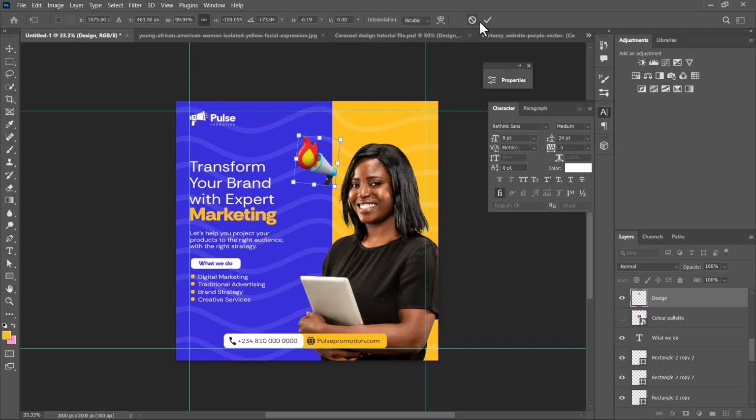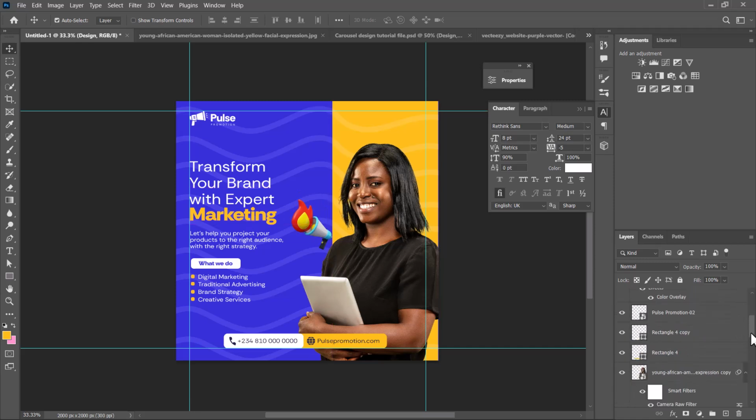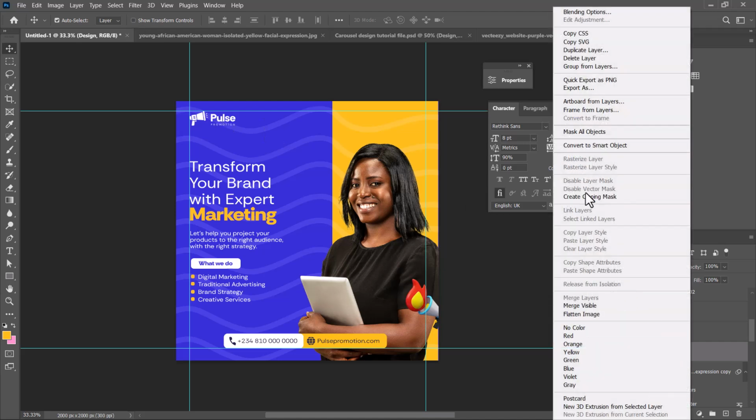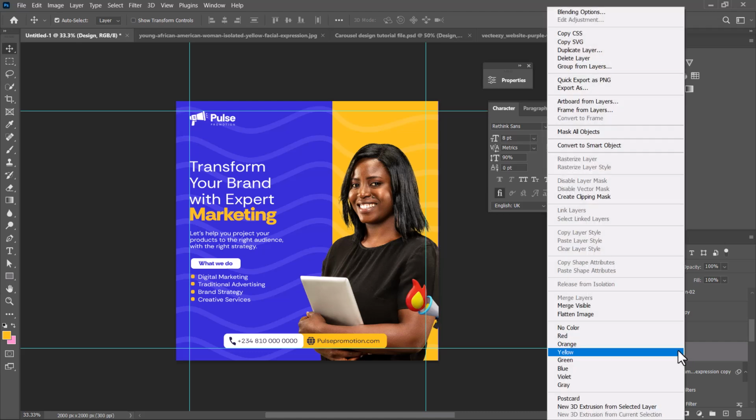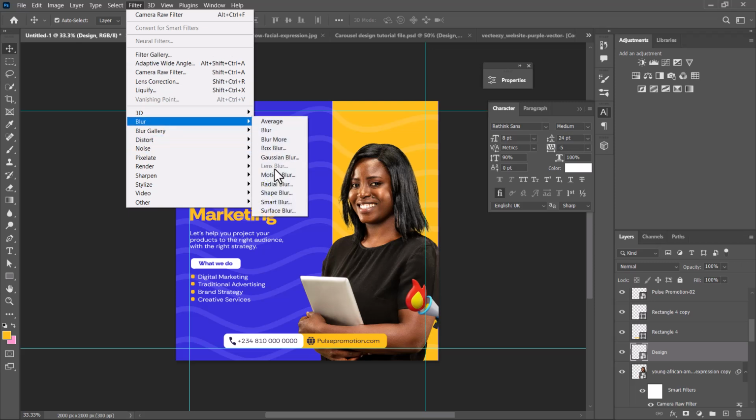Yeah, so I'm just trying out something, so for this one it might not really work fine, but I think it's okay like this. Or let me place it above the model a bit and see, somewhere here, for example. So I'm just looking for what works for this. Then let me convert it to a smart object, and then I'll add some slight motion blur to it and see what it